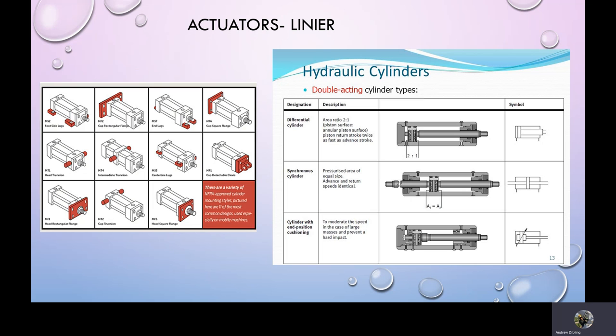So a differential cylinder on the top right-hand side, an area of 2 to 1, which means you're going to have twice the force on the cap end as you're going to have on the annular end. The synchronous cylinder means that it has the same pressure gradient either way. That cylinder would be used for positioning in either direction. It's used as a steering cylinder on pieces of mobile equipment, as well as to push and pull gates